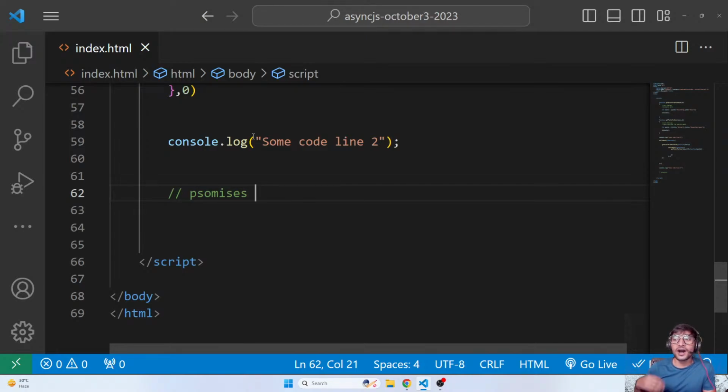Or you can say a better way of handling any task which can be done via callbacks. You can convert it to promises. Okay, so you can think of it like, okay, guys, spelling mistake, just make it promises. Okay, so promises are nothing but a better way of handling asynchronous tasks, or a better way of handling anything